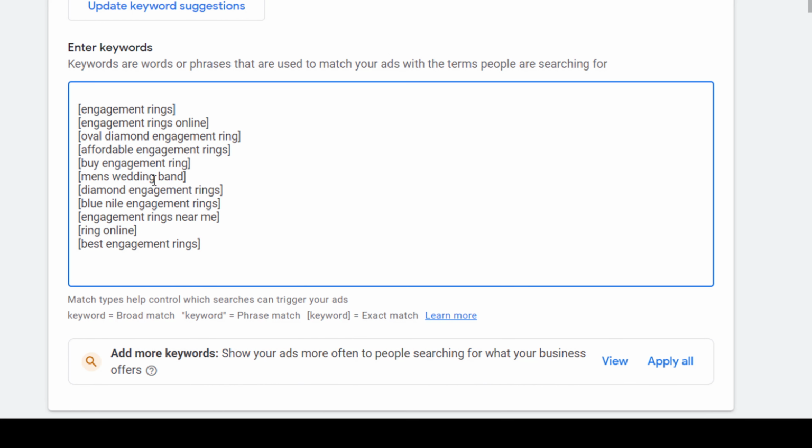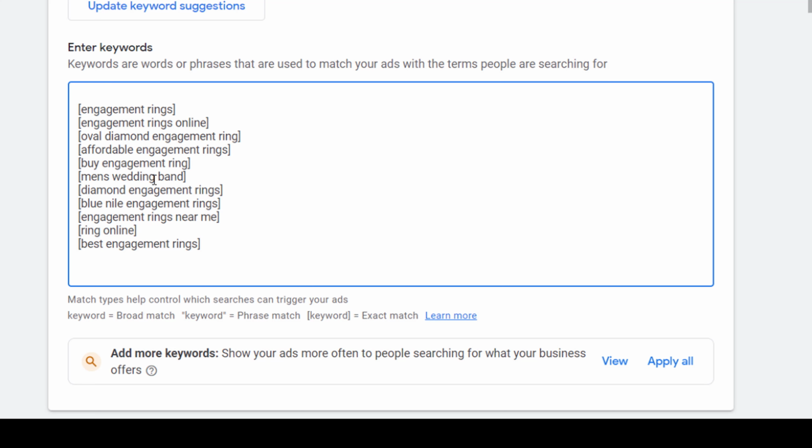Exact match is a great way to avoid wasting money, especially if you are just starting. On the other hand, if you have some experience with Google Ads, you can try using phrase match or exact match and phrase match.